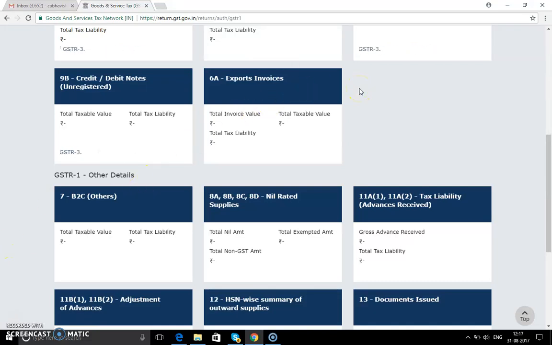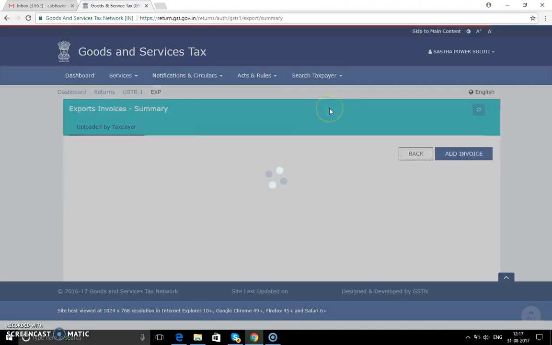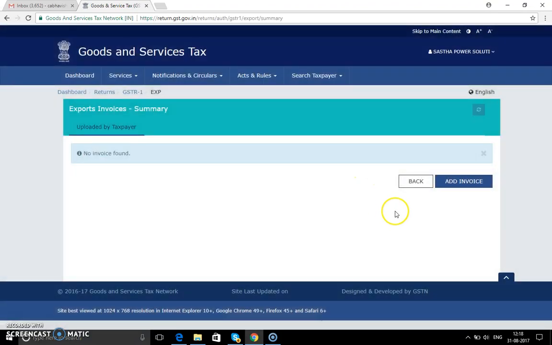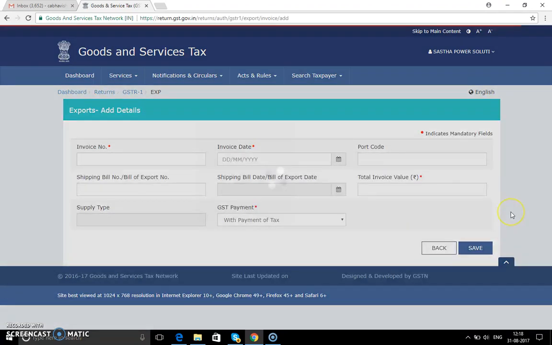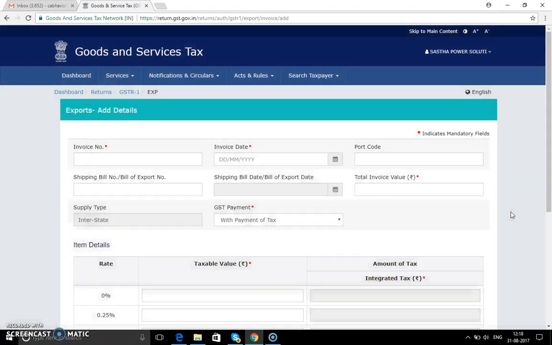Hello friends, today we are going to learn how to fill in the details in Table 6A, that is, export invoices. Click onto the table first, then add invoice. Well, the red color dot indicates mandatory fields. The other fields without the red color dot are not mandatory. So if you see the code and shipping bill number, they are not mandatory and the rest are all mandatory